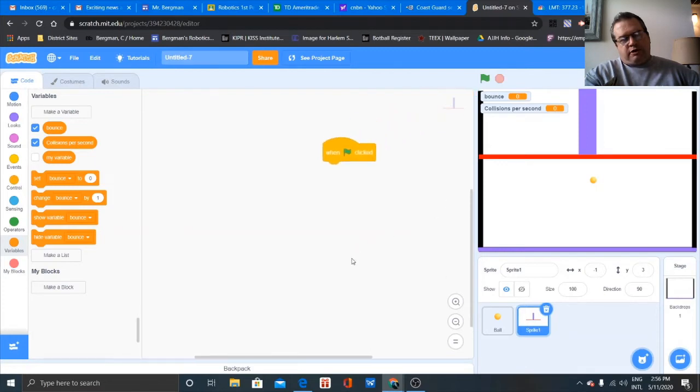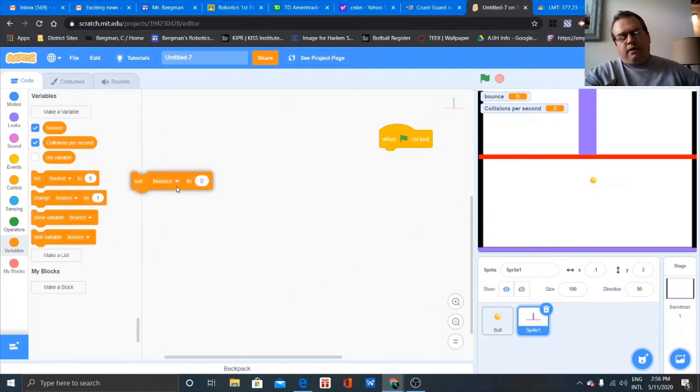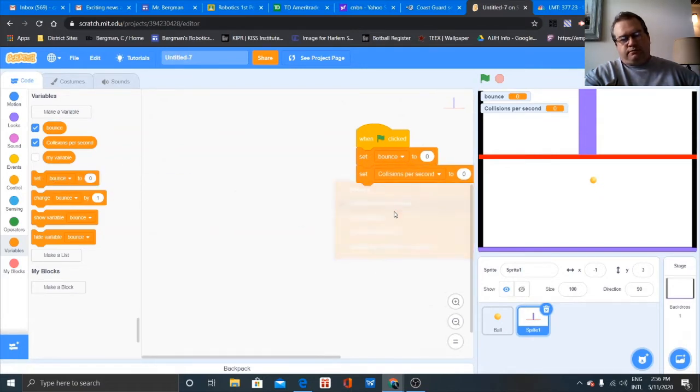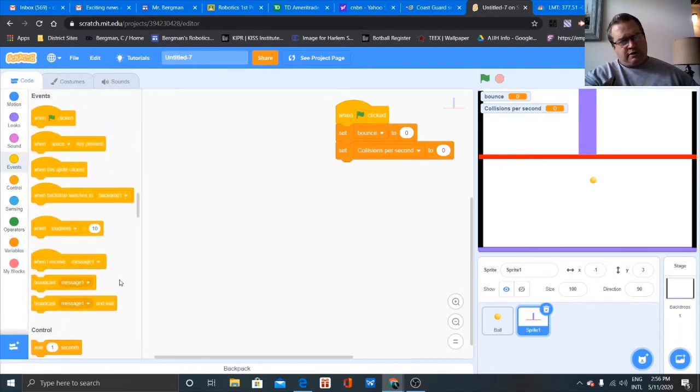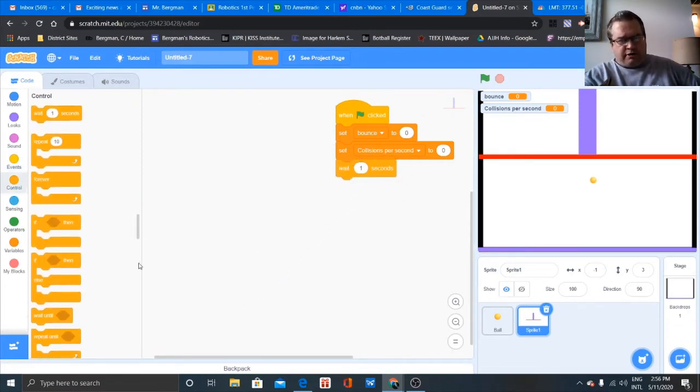Alright, so we're going to make sure we set bounce and collisions per second to 0, so that we don't add to our score or our count from previous trial runs. Alright, so then we are going to, I think, in the video I created yesterday that we're watching here, I may have made a mistake, and I think I fixed it. I'm not sure if I did or not, but alright, so it's important to insert a wait block